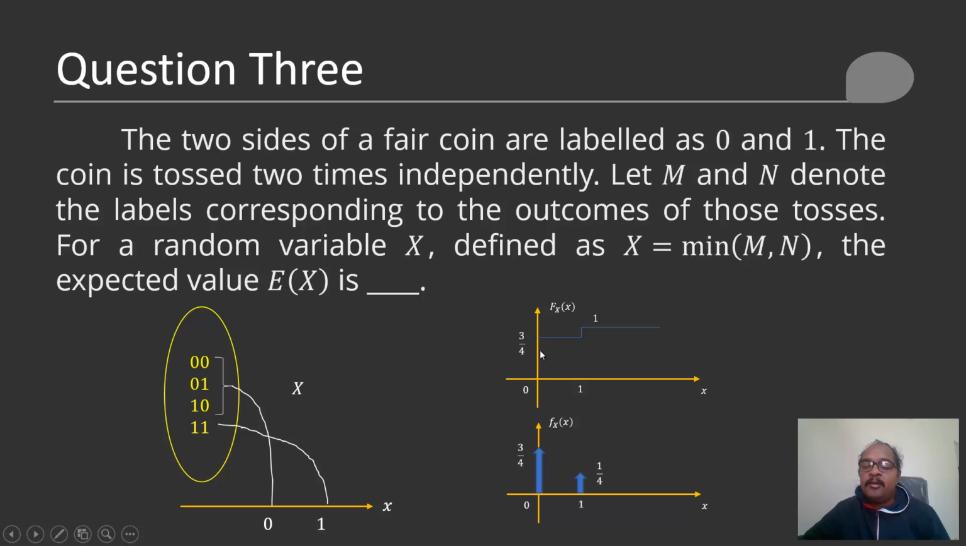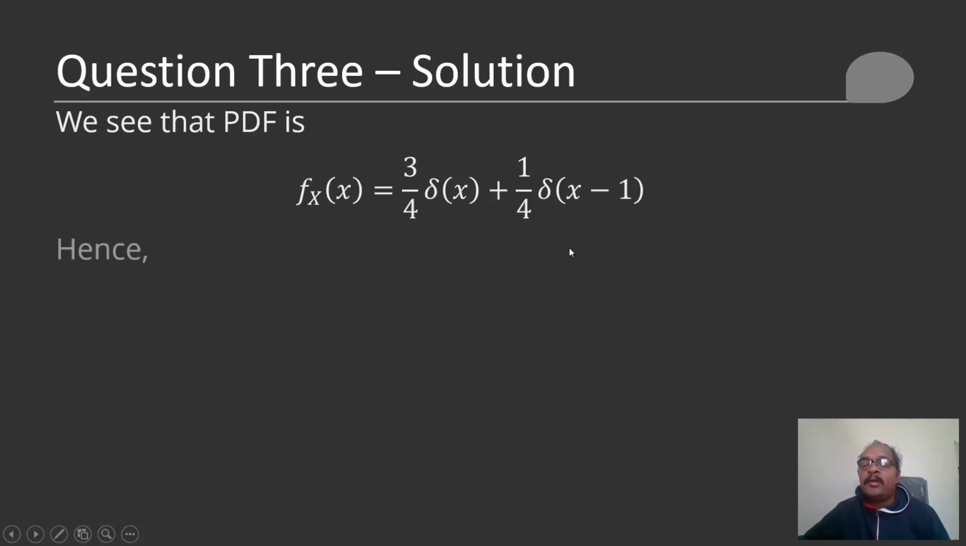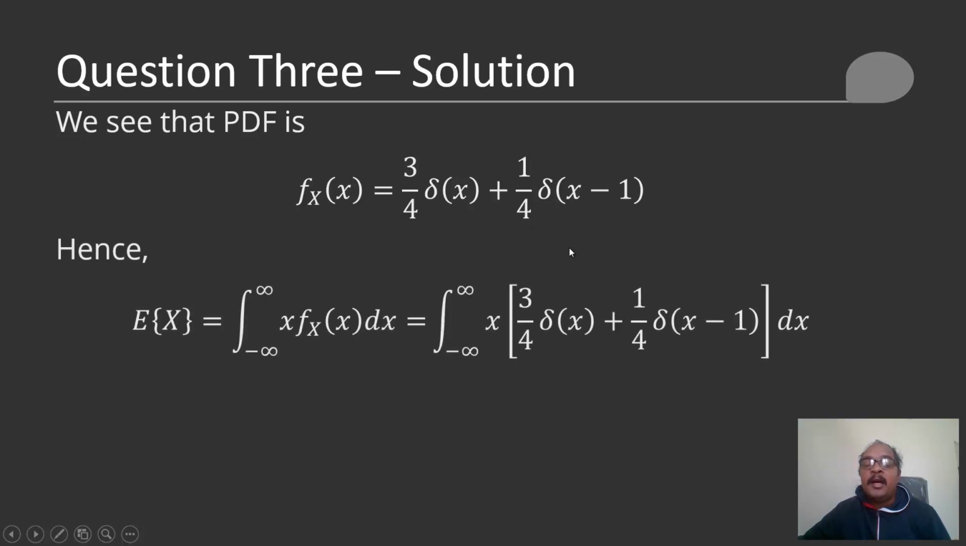So at 0 we have a discontinuity of 3 by 4, and hence the strength of the Dirac delta at the origin is 3 by 4. Similarly at 1 we have the amount of discontinuity to be 1 by 4, and hence the strength of this Dirac delta is 1 by 4. So we can write the PDF algebraically like this: small f X of x is 3 by 4 times delta of x plus 1 by 4 times delta of x minus 1, and hence the mean